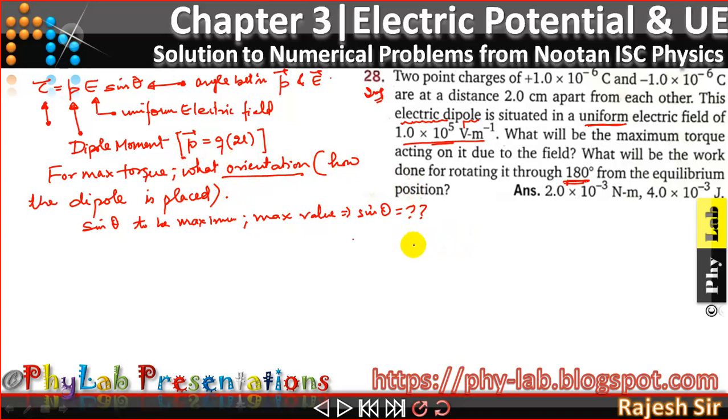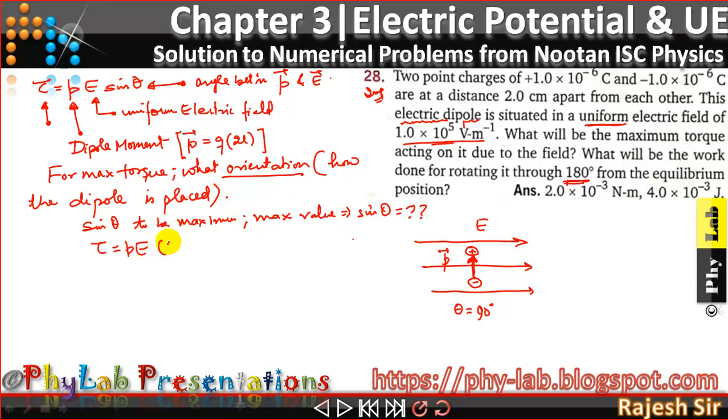For example, suppose there is a uniform electric field like this. Can you see over here? So there is an electric field which is directed from left to right, and I am placing a dipole in such a manner that the dipole moment is perpendicular to the electric field vector. So in this case the torque value will be something different. Here theta becomes 90 degree. So if I substitute 90 degree, the torque value will be P E into sin 90 degree, which is 1.